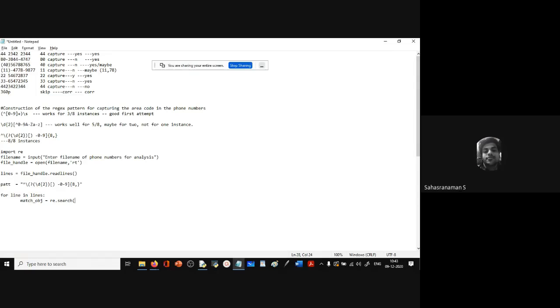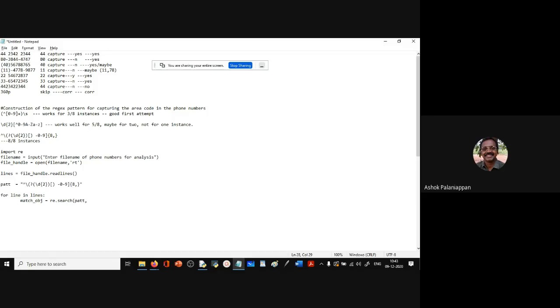So we'll search for the pattern. So what are the 2 arguments? re.search of what? Quickly, what? Add comma? Lines.